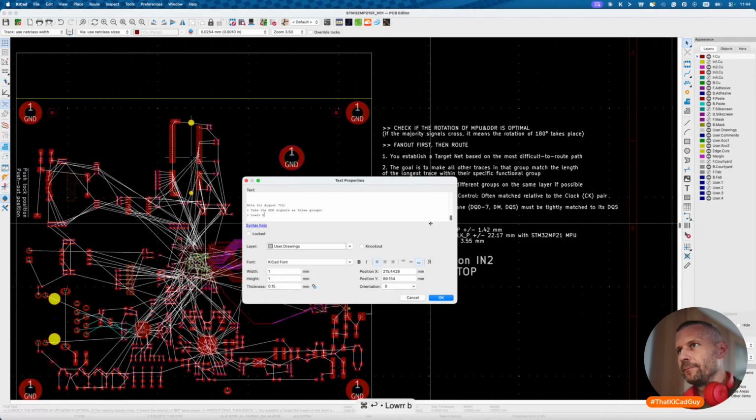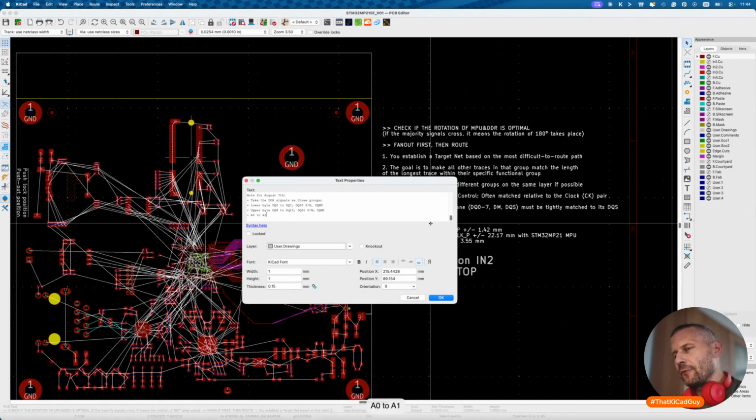Lower byte, DQ0 to DQ7, DQS0 positive and negative, and DQM0. Upper byte, DQ8 to DQ15, DQM and DQS1. Then AC signals, which is